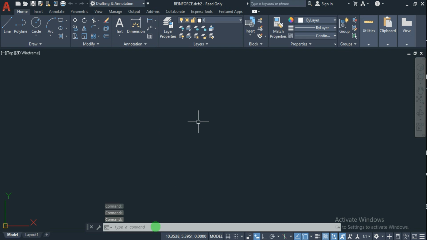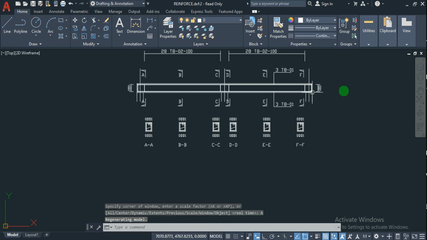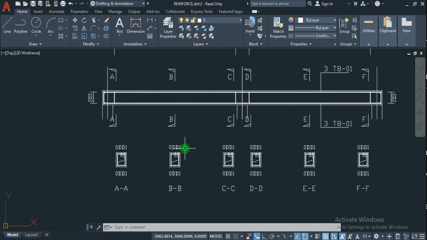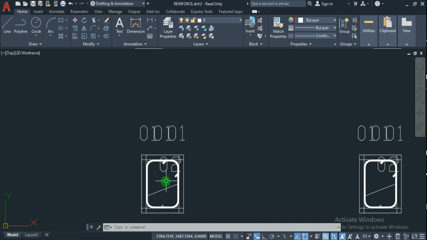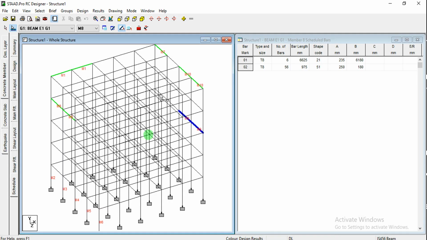Okay, so simply in AutoCAD you can go for Z enter, A enter to show the total figure there. So Z enter, A enter. We can see that schedule drawing like this. Okay, so simply we are going to get different cross sections and how the reinforcement has been assigned there. If you are not able to see this properly, you can edit them in AutoCAD. Okay, so you can simply change the layers or properties for this, and you can just change the line thickness, etc. in AutoCAD. This is how we are going to get the results by using the interactive design in StatPro.